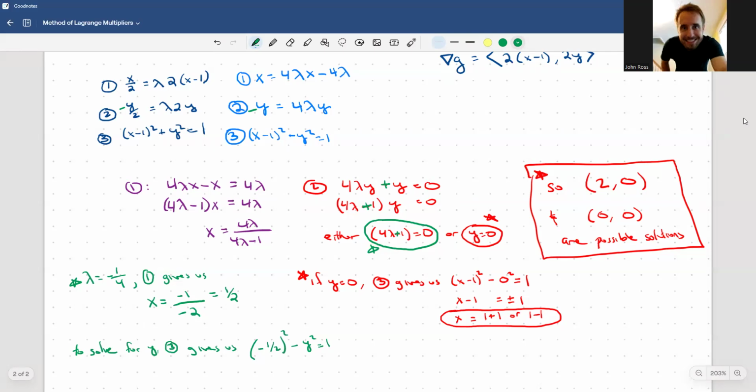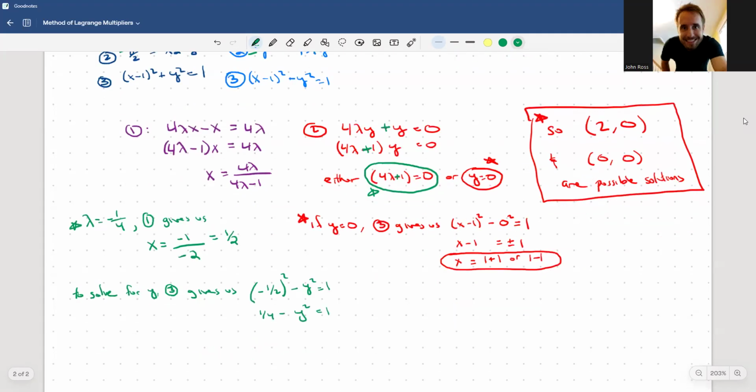And so this is going to be a positive 1/4 minus y squared equals 1. All right, so solving for y, we will get y squared equals,